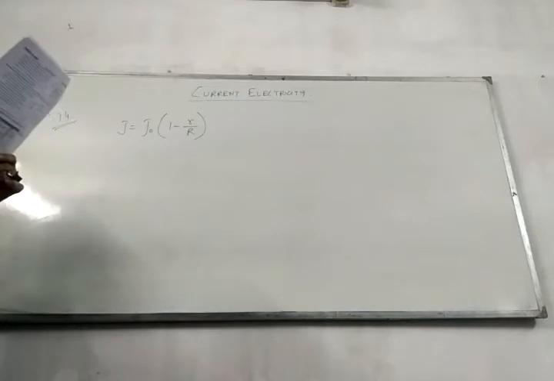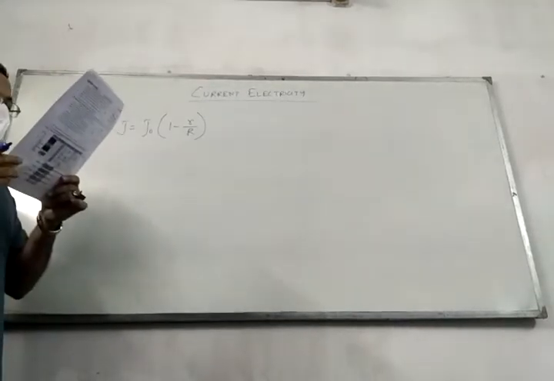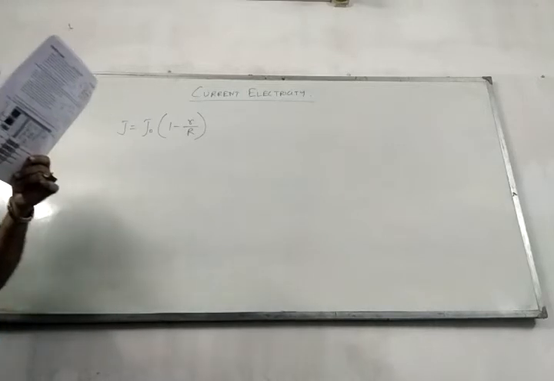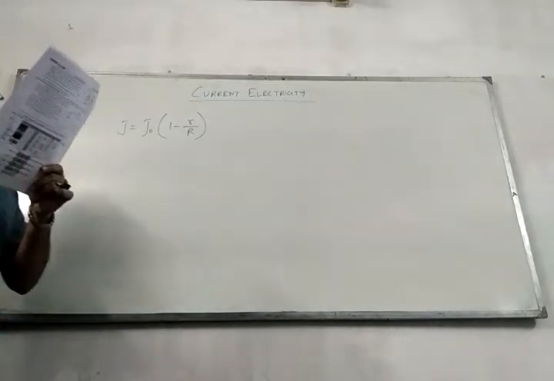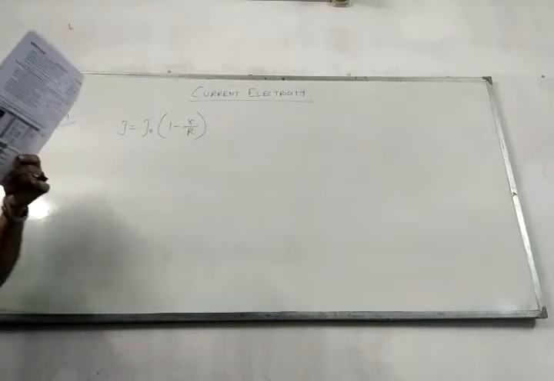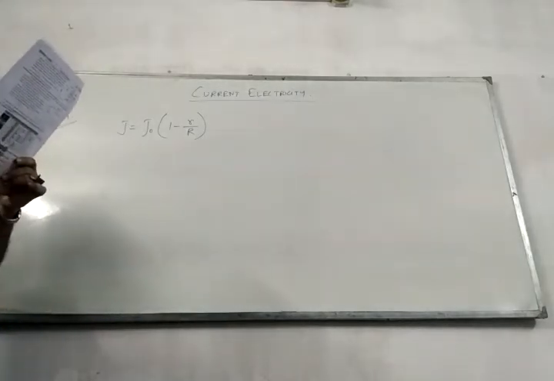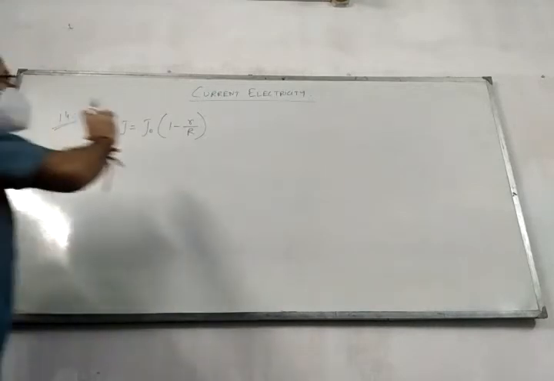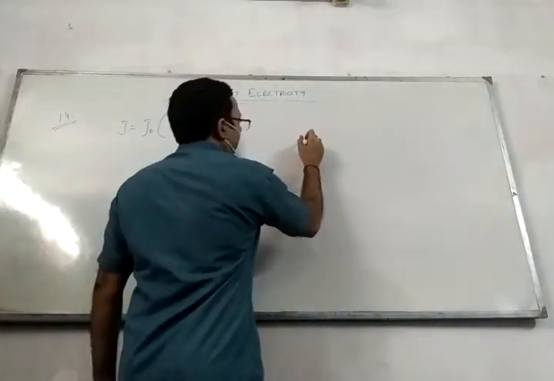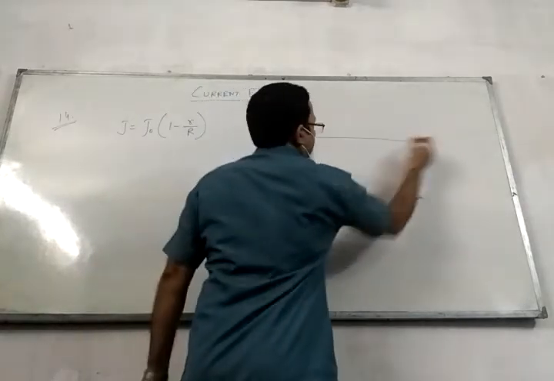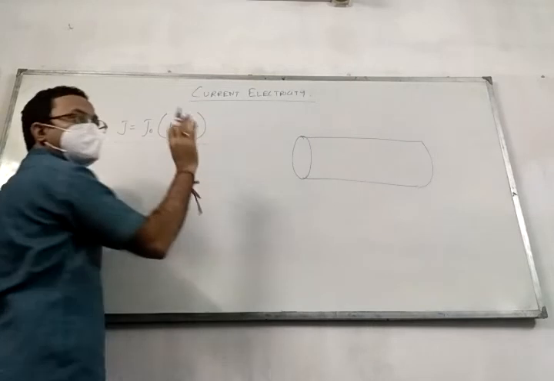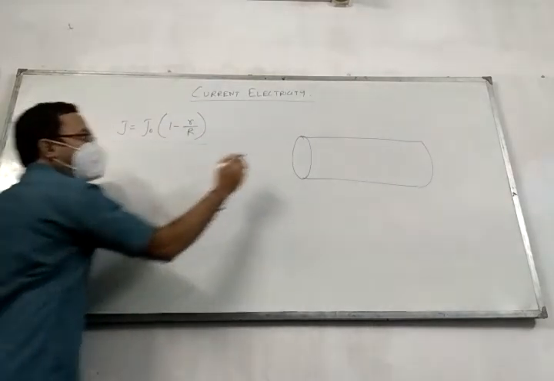Thus the current density is maximum at the axis and decreases linearly to 0 at the surface. Calculate the current in terms of J naught and the conductor's cross section. It's given that the conductor's cross-sectional area is pi capital R square. If this is a cylindrical conductor, then this formula suggests that at the center